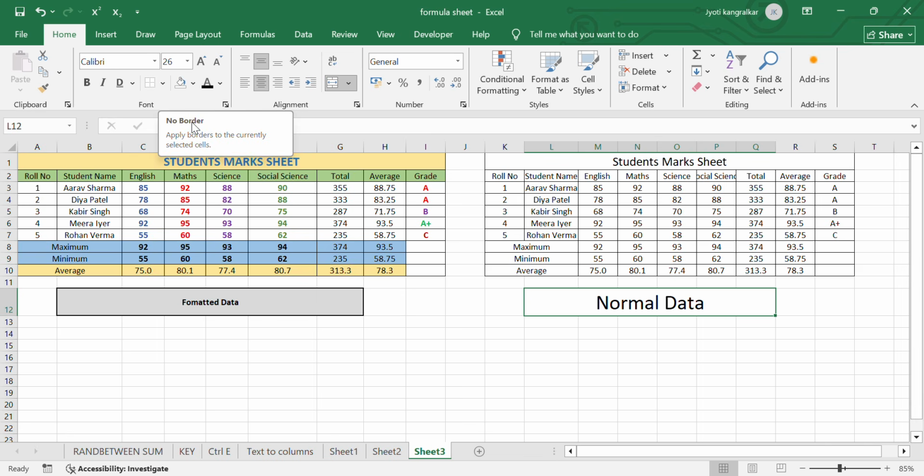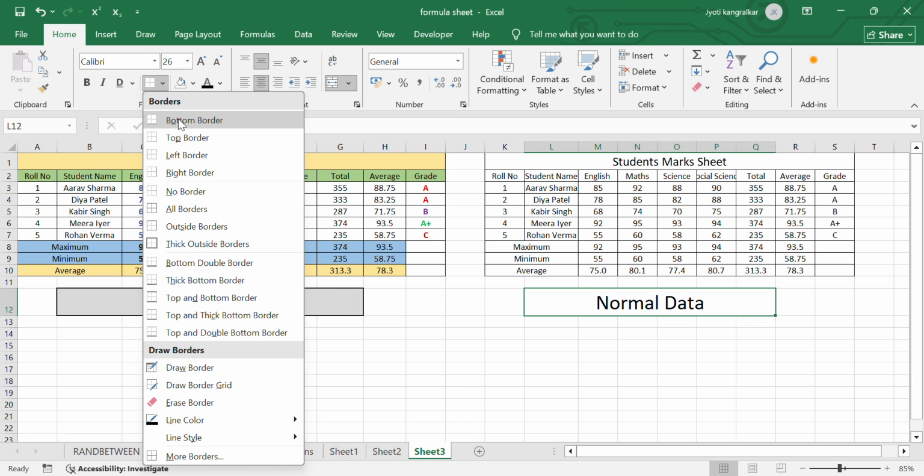Again, the next option is borders. In borders there are different types of border. You can choose whichever you want, like bottom or top, left, right, no border, all borders, outside borders, thick outside borders, bottom double border, thick bottom border, top and bottom border, top and thick bottom border, top and double bottom